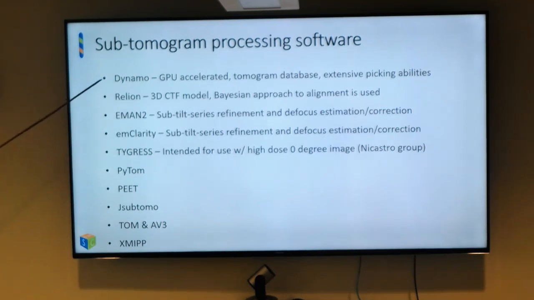I prefer Dynamo for a lot of projects because it allows you to pick on helical stuff. It allows you to pick on membranes. It allows you to pick down tubes and on the surfaces of vesicles. It's very extensive in its picking capabilities, and it runs on GPU in the sub-volume alignment part, actually multi-GPU if